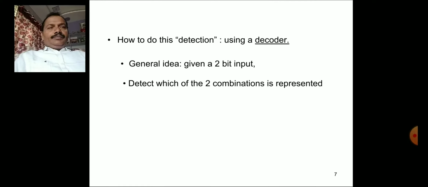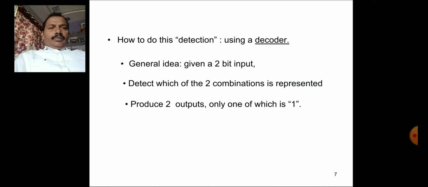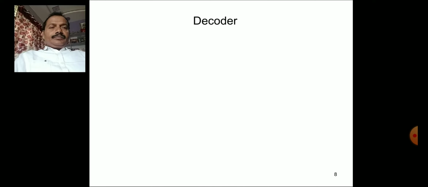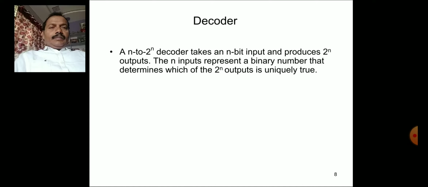For example, 2 bits produce 2 power 2 combinations, and only one of which is 1. Similarly, with the help of one digit in decimal, you have 10 combinations. So in the decoder process, that means